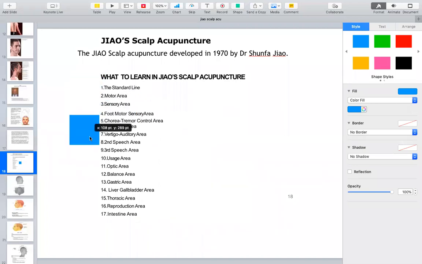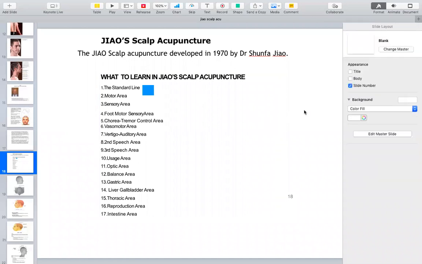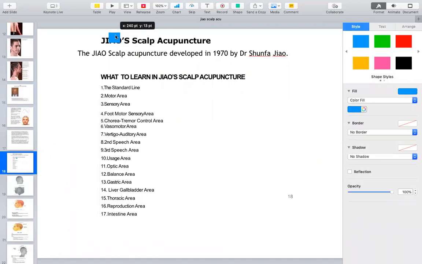With the help of these 17 points, we can understand the whole acupuncture system given by Dr. Jiao. Dr. Jiao is basically from China, and he is a very famous, well-known acupuncture doctor, acupuncture scientist,